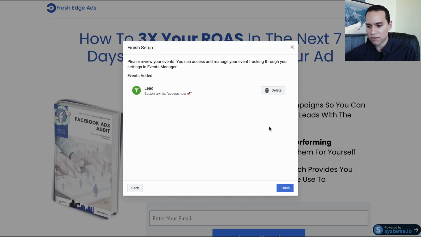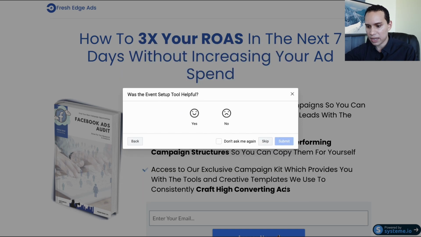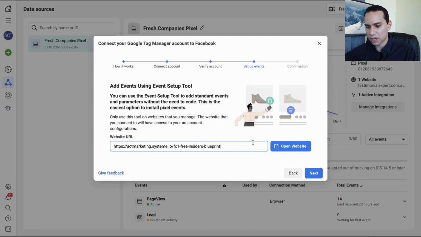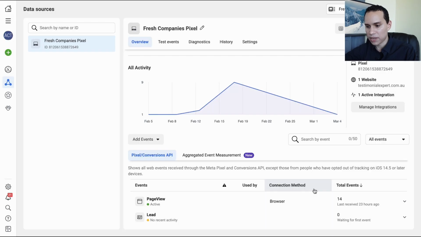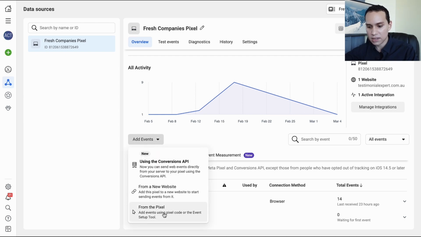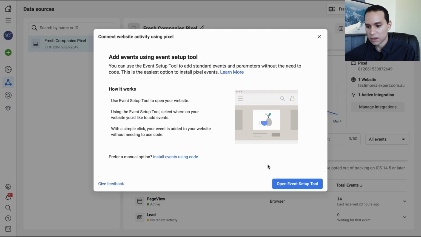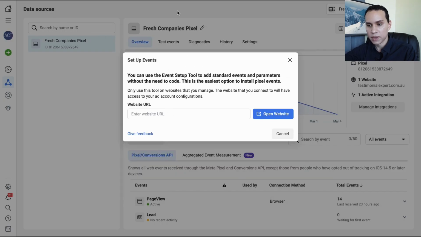So we'll go ahead and click on Finish Setup. We'll go ahead and finish. We'll skip our form here, and we'll come back to our tool. So I'll go ahead and click Next, Confirm, and we'll go ahead and finish. Now in the future, now that it's inside of Tag Manager, if you want to set up additional events, what you can do is click on Add Events from Pixel, open Event Setup tool, and then let's say